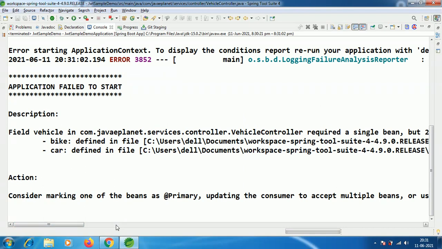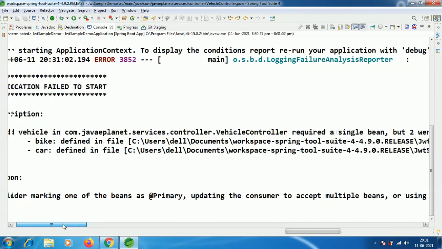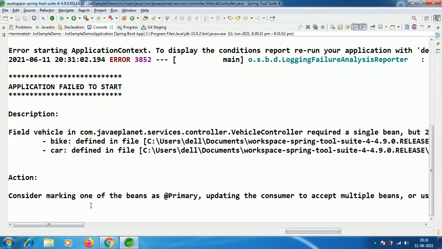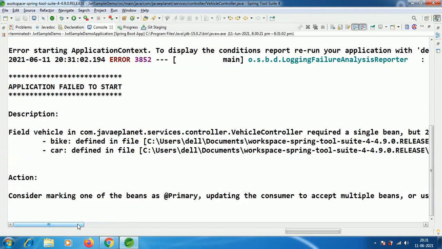See here, the application failed to start. Field vehicle in com.java.services.controller.VehicleController required a single bean, but two were found. The action says to consider marking one of the beans as primary, updating the consumer to accept multiple beans, or using @Qualifier to identify the bean that should be consumed. It means we have to use either @Primary or @Qualifier.